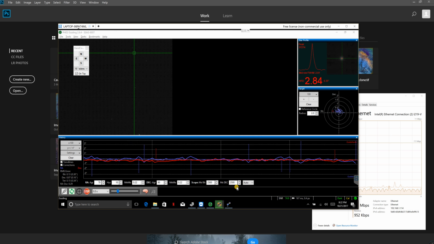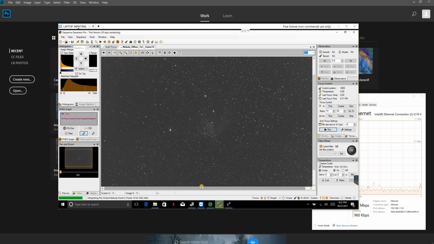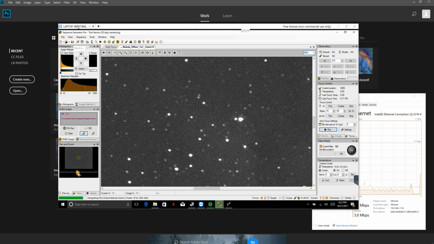Hello, folks. I'm trying to continue working on my Wizard Nebula because I missed a lot of the S2, and now I'm continuing working on that. Now this is my guiding. I got a 0.38, 0.39 along those lines, and I already have a couple of integrations. This integration seems to be a little bad because of the focusing. I redid my focus. Oh no, it's actually good,